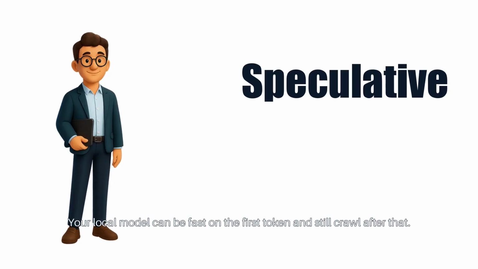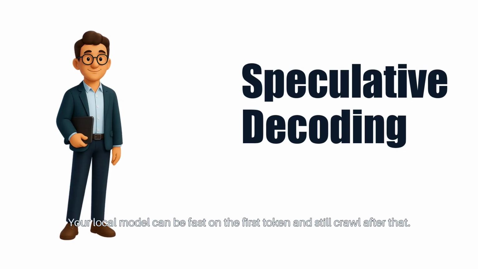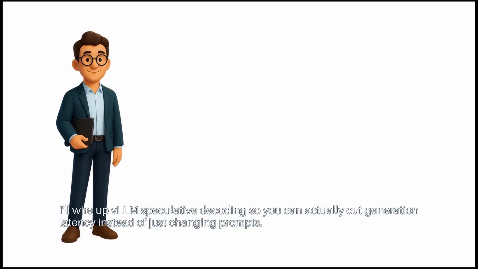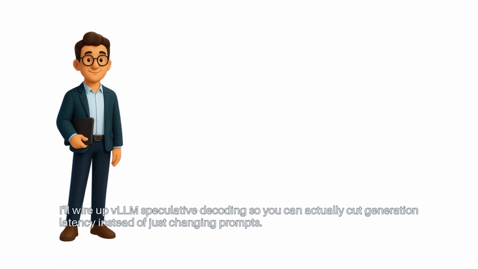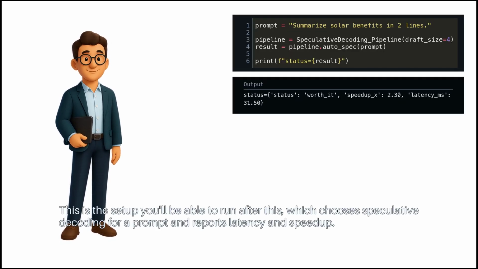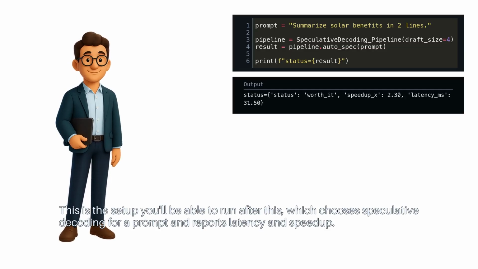Your local model can be fast on the first token and still crawl after that. I'll wire up vLLM Speculative Decoding so you can actually cut generation latency instead of just changing prompts. This is the setup you'll be able to run after this, which chooses speculative decoding for a prompt and reports